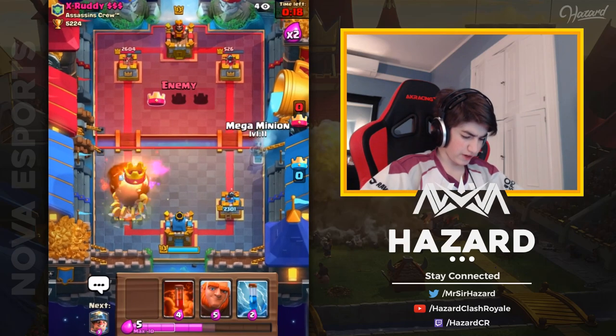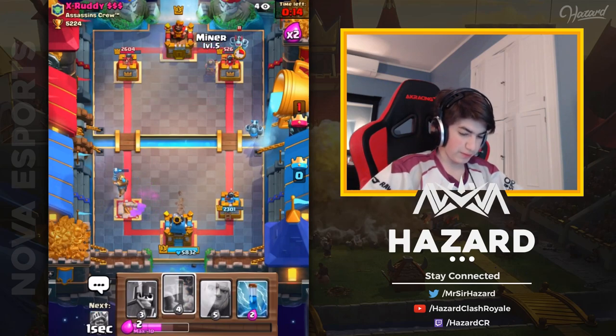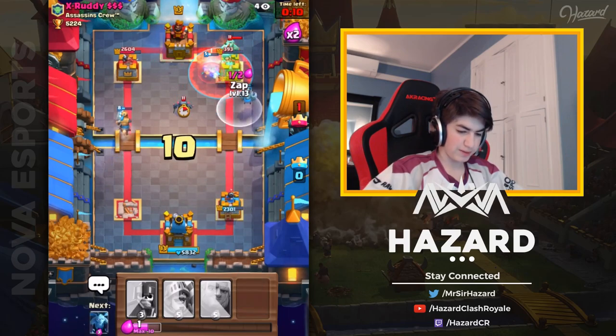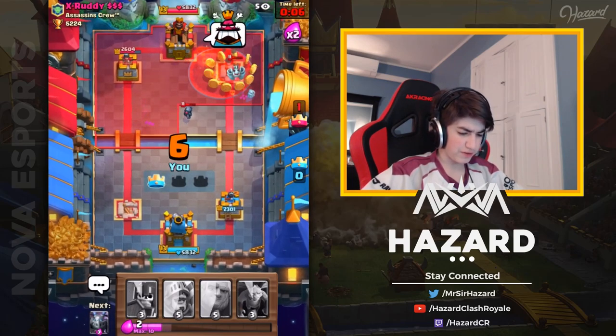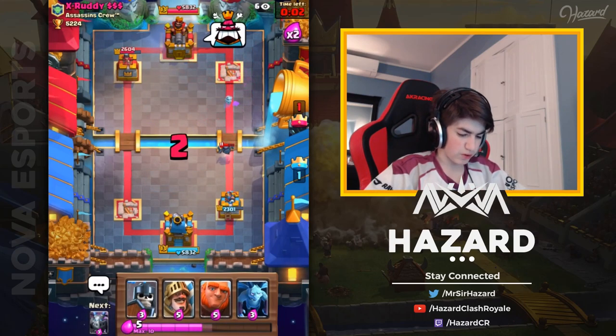He does go for a fireball there. So we're going to have to miner poison here. Hope he doesn't get the mini P.E.K.K.A prediction. We're going to play the miner in a bit of a strange spot. He does not get the prediction, so we're going to be able to zap that tower down. And the Mega Minion is actually going to come in and take care of that pretty quickly for us. He does have a bit of a 300 damage advantage going into double or overtime here,